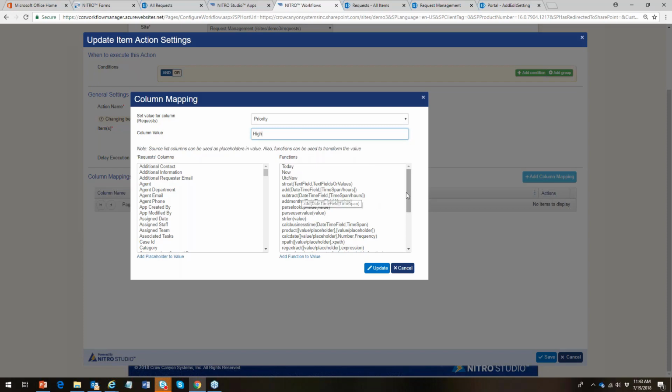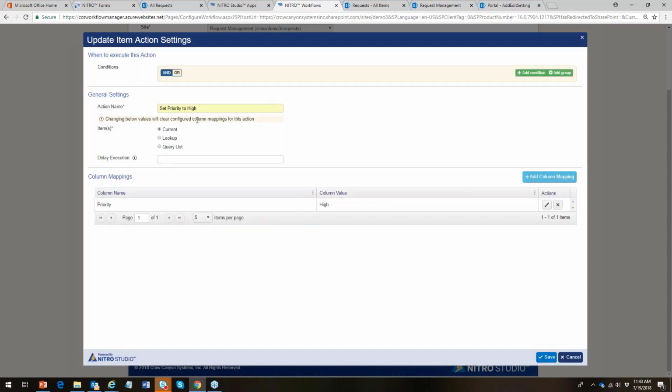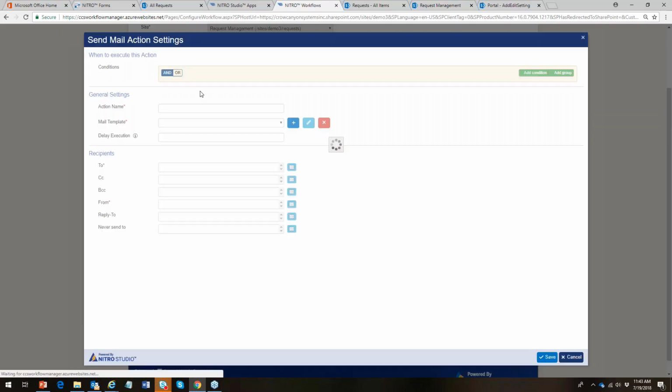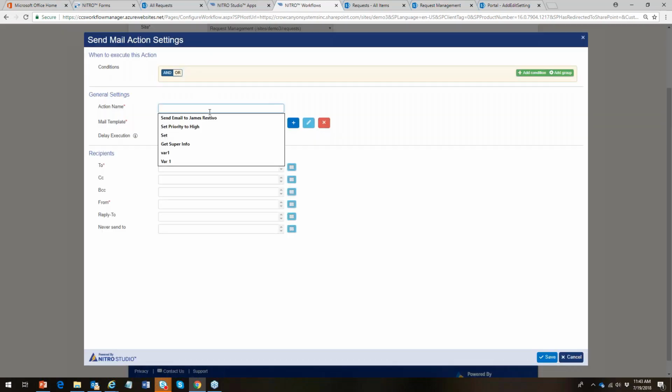You can do all kinds of stuff with these functions here. Very powerful workflow tool, but we'll keep it fairly simple. Just set priority to high when it's escalated, and then we save that. And we can also do something like, let's see what else. We're going to send an email out to the assigned person. The action's name, send email to, let's say, to assigned person, maybe to James if he's the manager, also to assigned staff,